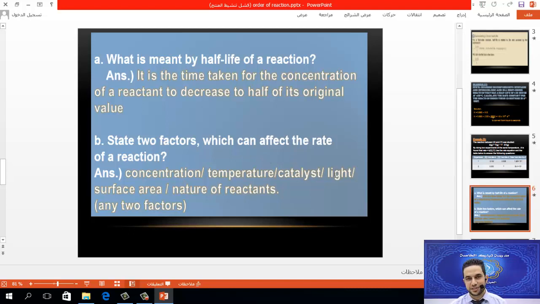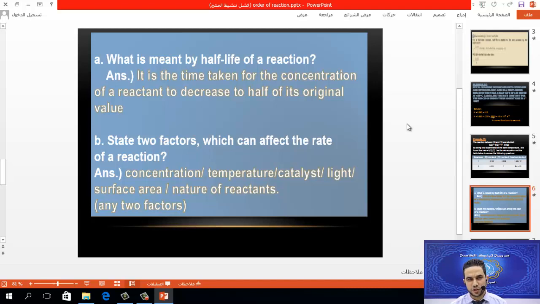Also in some reactions, light, surface area and the nature of the reactants. Only two factors are needed. If any two factors are written, you will get the mark of the question. So this is letter A and letter B, about half-life and two factors. After that, the most important part in this question,